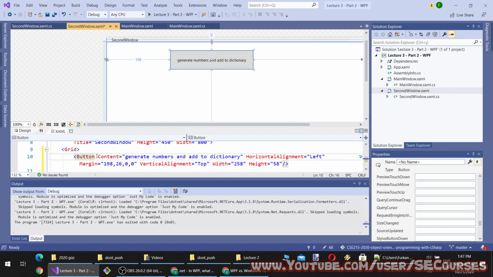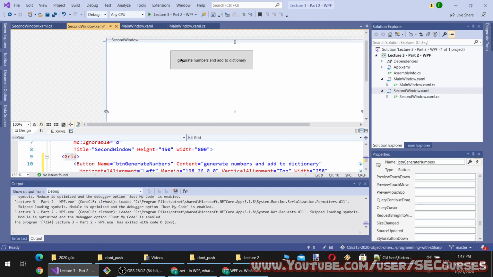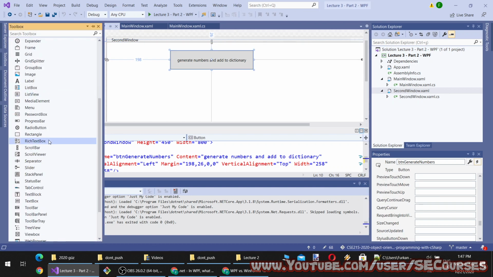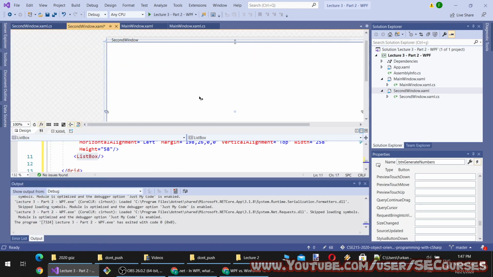Bigger. All right, so I will use a statistics list box. Okay, the list box is composed like this.